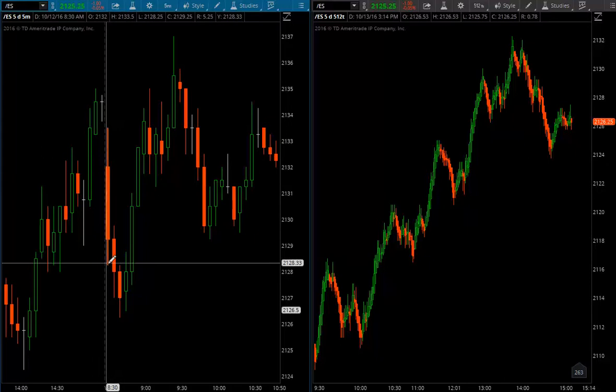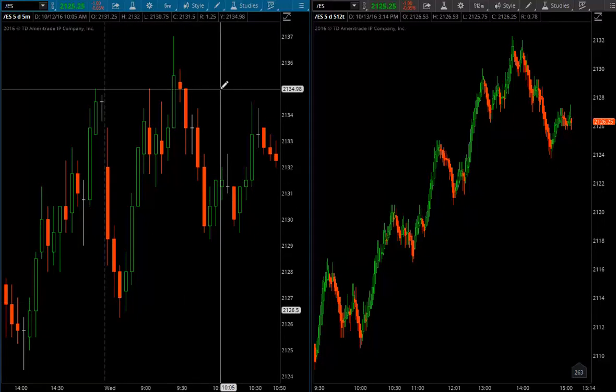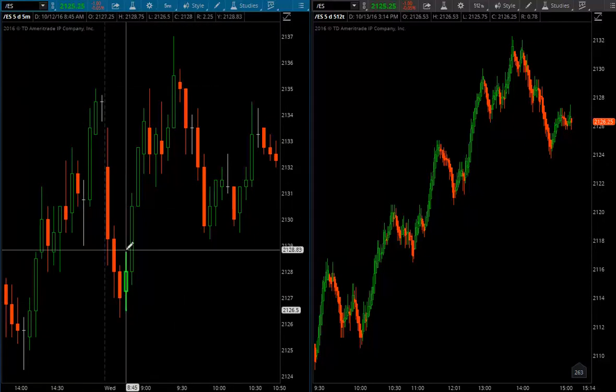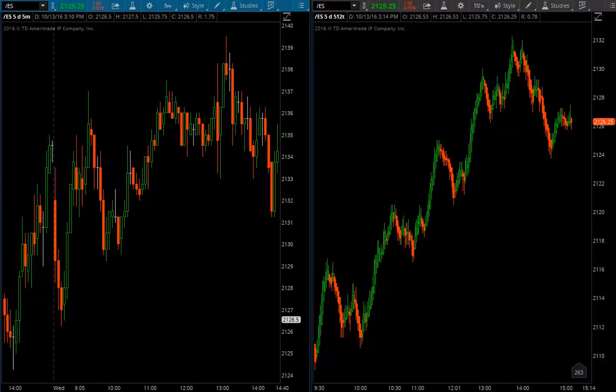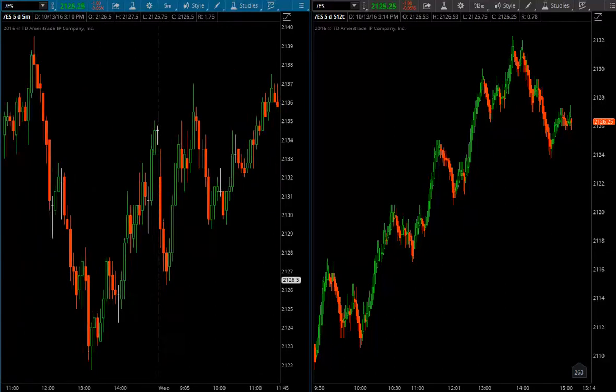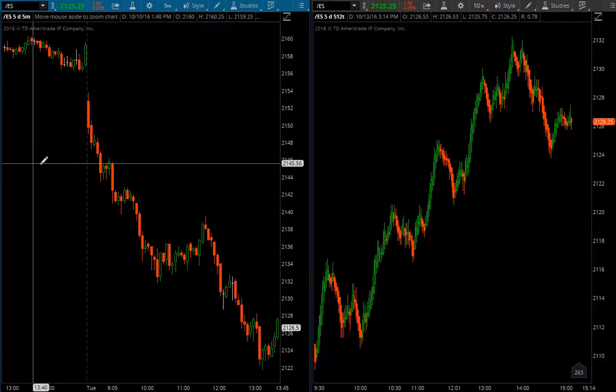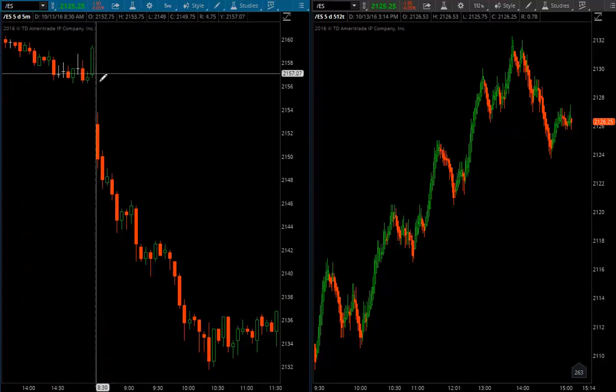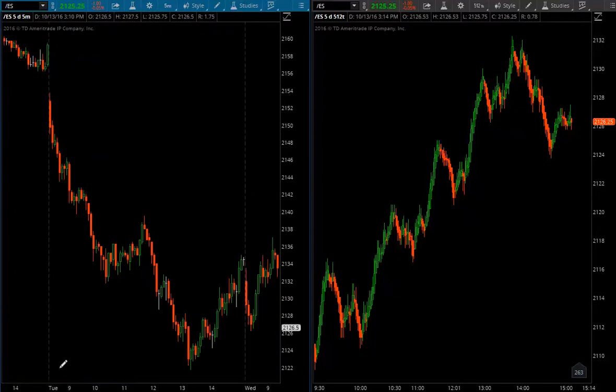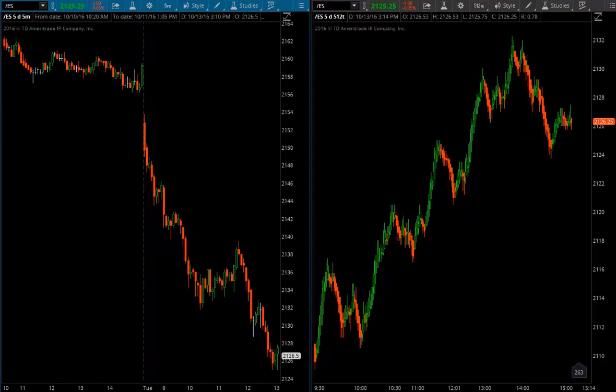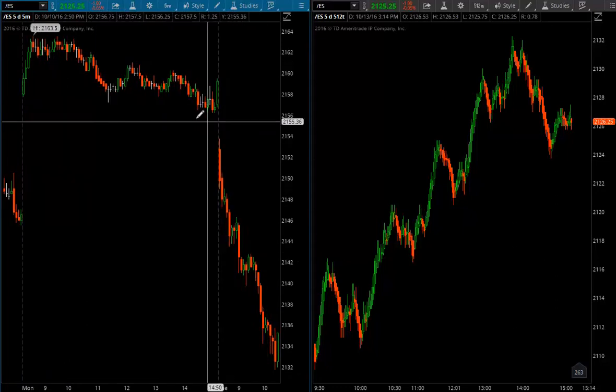We get a little bit of trending action, and then we start to reverse in the other direction. So it's not really worth it for me to try and make something of that. If we go back one more day to Tuesday, and we talked about this in the room, we had a gap down scenario. Again, the size of the gap isn't super critical, but we were outside of the previous day's